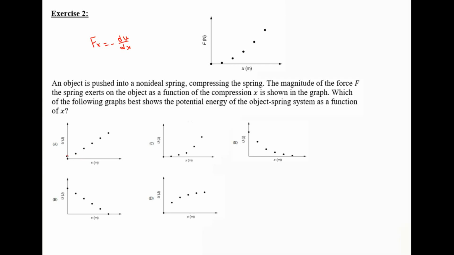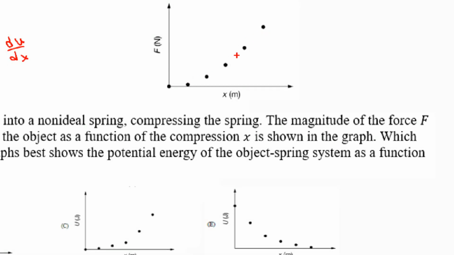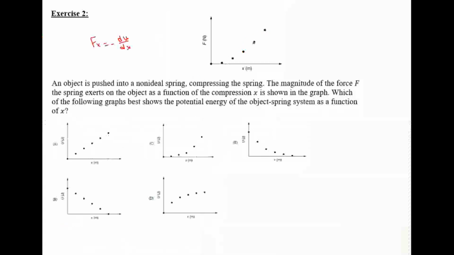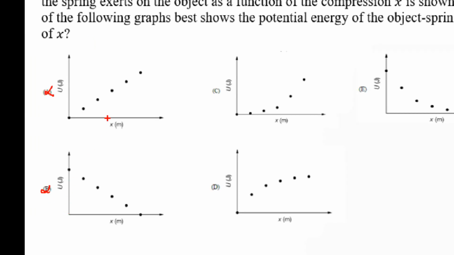We will refer to the potential graph and try to interpret the slope in order to get the Fx graph. First of all, the function f is a variable function, which means that the slope should be variable. And directly we can eliminate A and we can eliminate B, because for the graphs of A and B, the